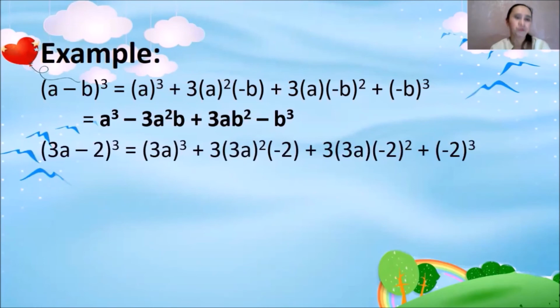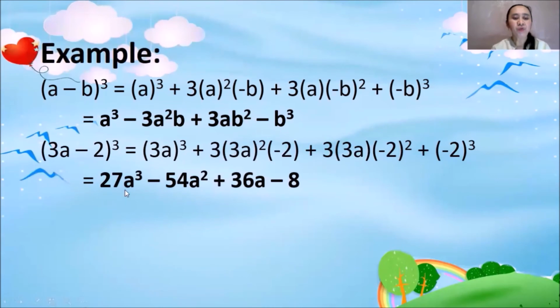Another example, 3A minus 2 cube. So 3A cube, ibig sabihin 3A times 3A times 3A. Then, times 3 or 3 times the product of the square of the first term, kaya the quantity 3A squared, times the second term, negative 2, plus 3 times the product of 3A times the square of the second term, kaya the quantity negative 2 squared, plus the quantity negative 2 cubed. So therefore,